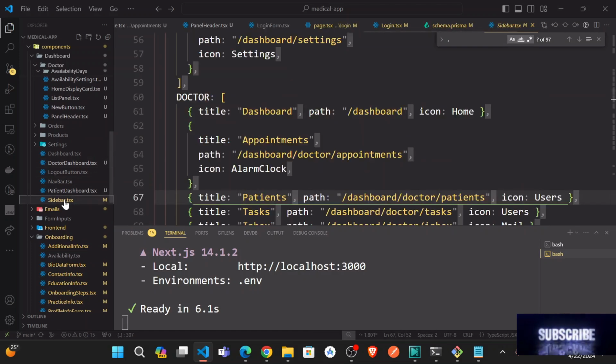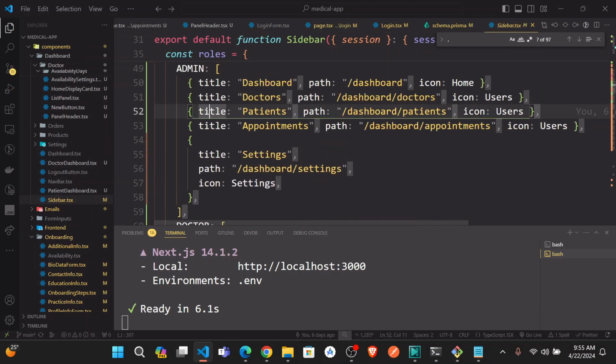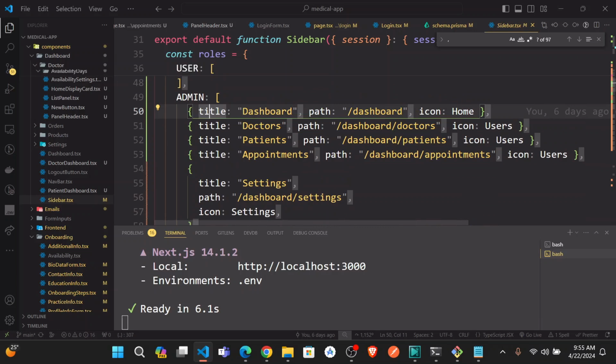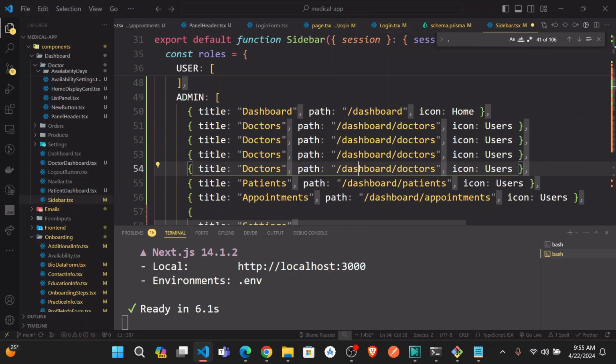Where is the sidebar here? So under admin, after the appointments, just add them on top here. So we have services. Okay, dashboard services